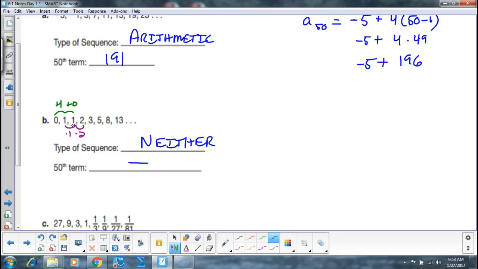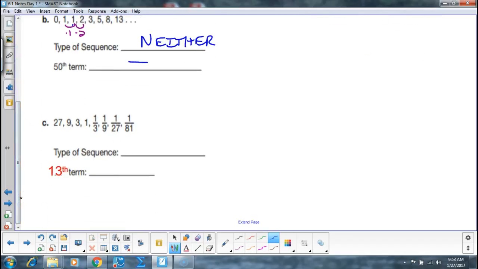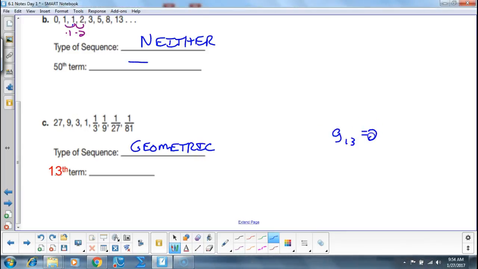Okay? C, okay? And then, by the way, I changed it to, I should have scrolled down, 13th term instead of the 50th term because it's probably really super teeny tiny. But anyways, okay? So type of sequence. Geometric, okay? Okay, and then define the 13th term. So this would be G sub 13 is going to equal